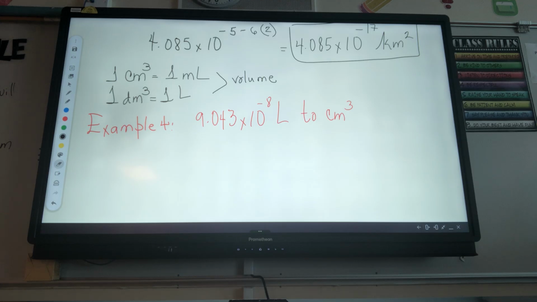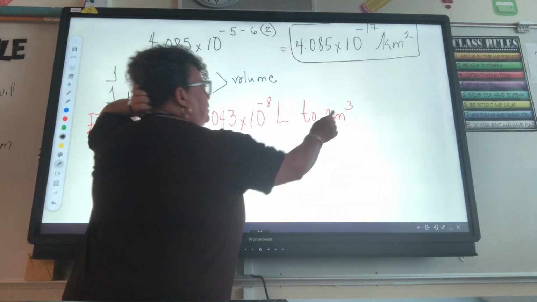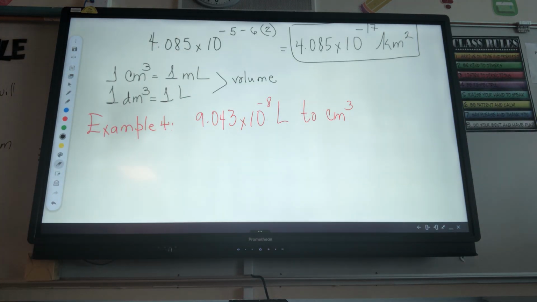9.043 times 10 to the power of negative 8 L. L stands for what? Liter. I have to convert that to cm. cm stands for what? Centimeter, but you have a number on top: cubic centimeter. Liter, cubic centimeter. Do they have a word in common? No. So that means I have to use one of these conversion factors. Ms. Ramos told me